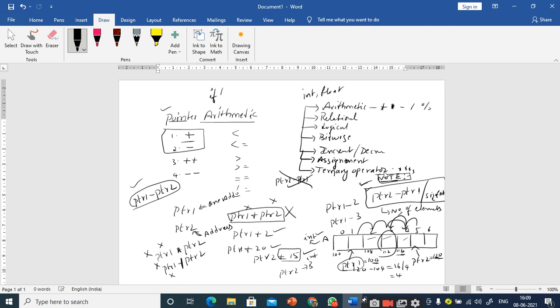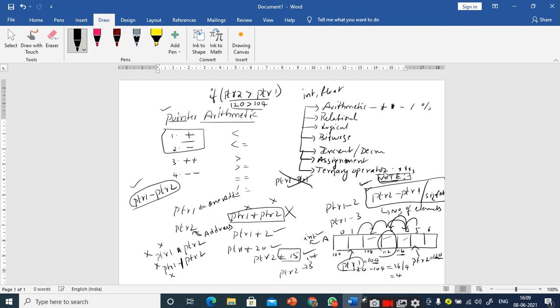If I write like this, if ptr2 is greater than ptr1, is it valid or not? What is the address that is stored in ptr2? 120, sir. 120. Greater than, what is the address in ptr1? 104, sir. 104.